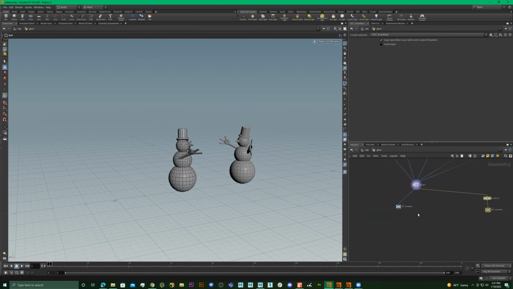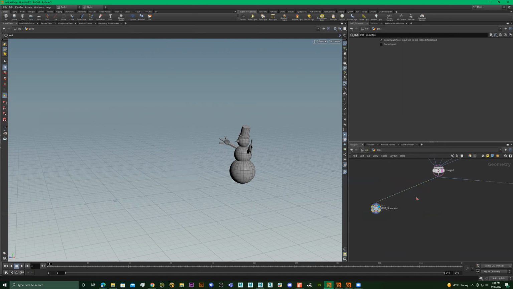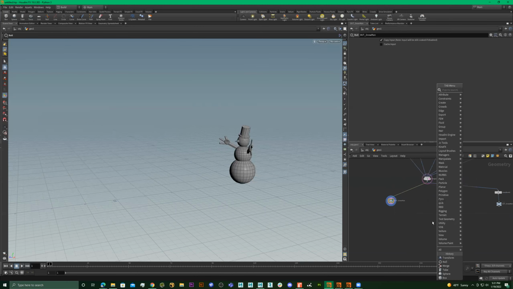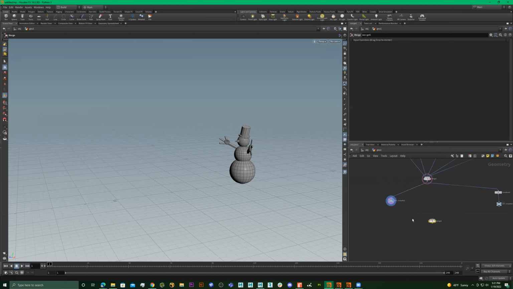So now we got two snowmen, right? But the only thing is we have a display flag. So one of them has to show. Only one thing can show. But if the one thing is merged, and we select both of these,